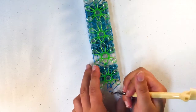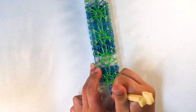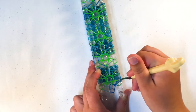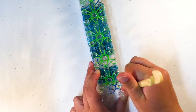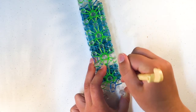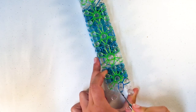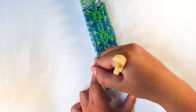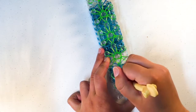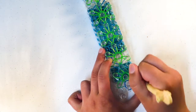Again, you're going to go into this first cap band, pull it back, and if you did it right, the one to the right should be on top, and you're going to hook it to the side, pull back all those bands and grab the bottom one, which should be the one that goes straight up, find the bottom band again, which should be the one that goes to the middle, and now you're going to go back, find the one that goes to the left, hook it over, same thing, find bottom, straight up, and your last one right there, and now you're going to find the one to the right again,